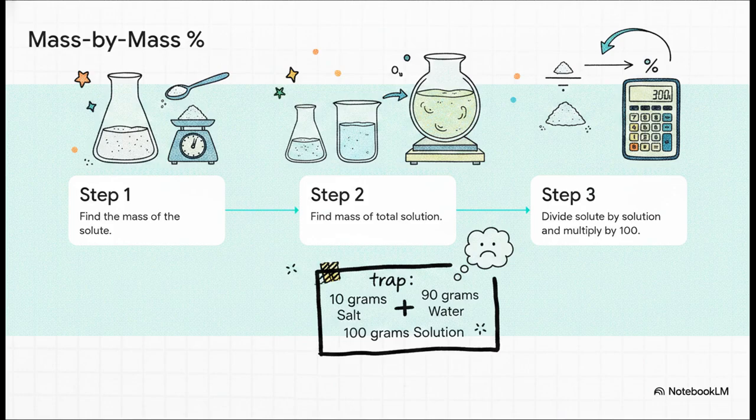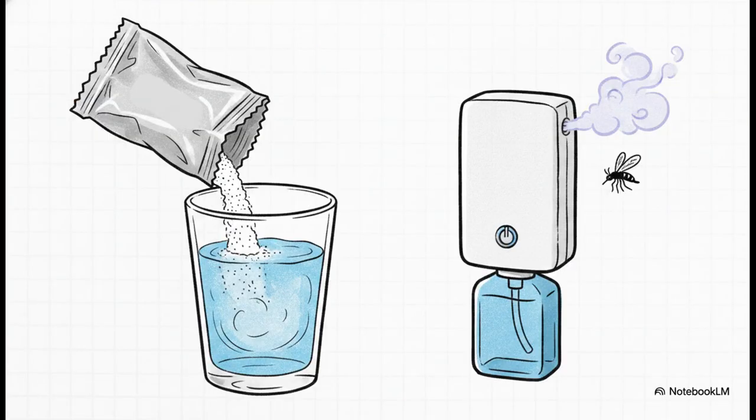Easy, right? But, and this is a huge entrance-level trap that Ashu sir always warns about, the mass of the solution is the solute plus the solvent. Let me say that again. If you put 10 grams of salt into 90 grams of water, your total solution mass isn't 90, it's 100. Now, you might be wondering,